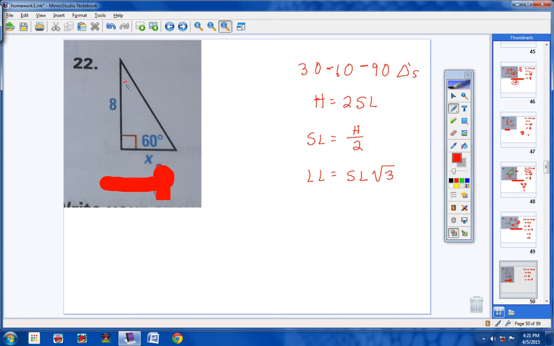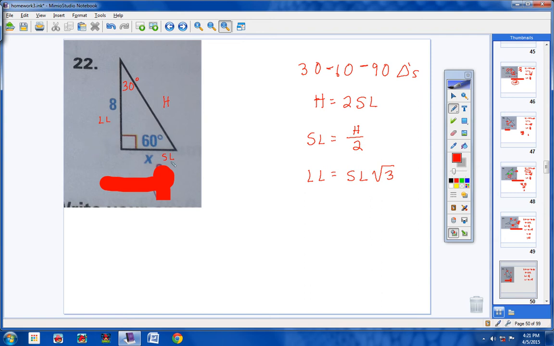Alright, this is 30 degrees here. Now, always go to your 30, go straight across. This is your shorter leg. Go to your 90 degrees, go straight across. This is your hypotenuse. So this is your longer leg right here. Okay? Now,